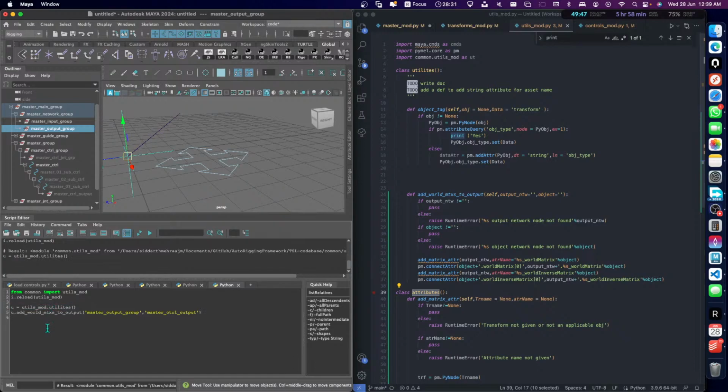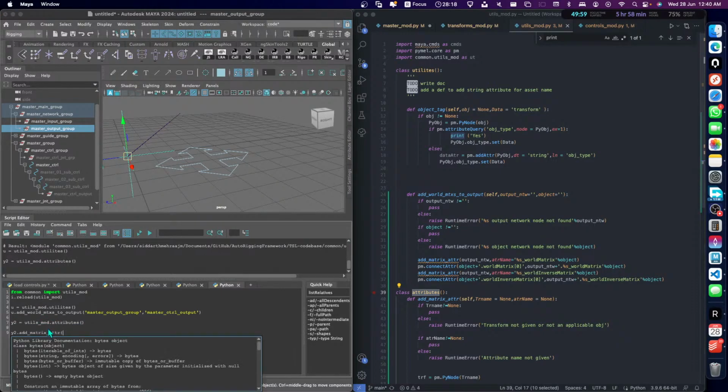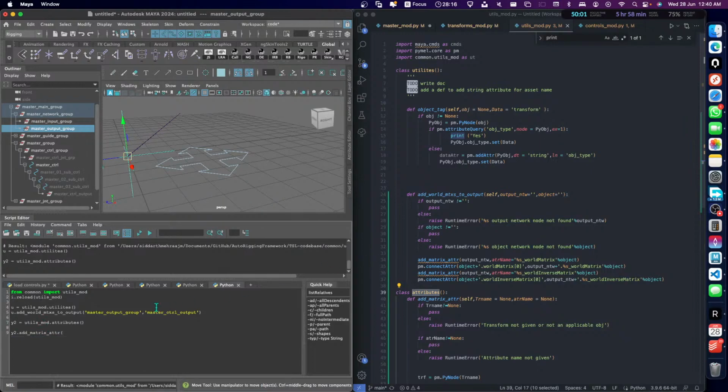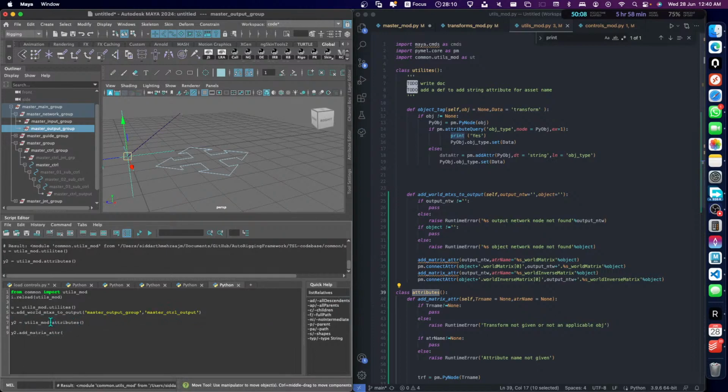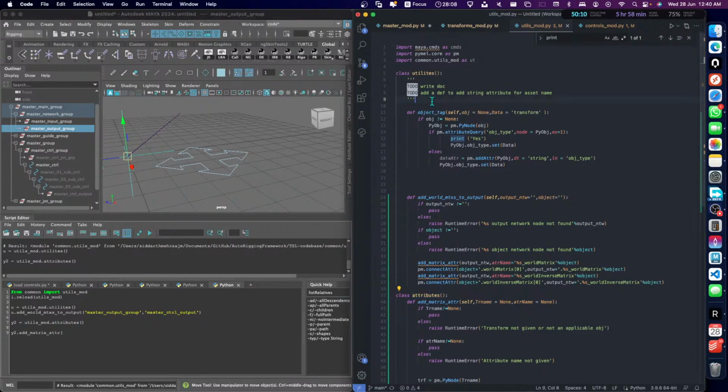Oh no, u2 is equal to utils_mod.attributes. Add matrix attribute. So we need to write, let's try